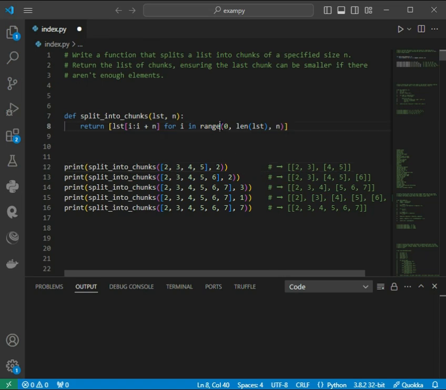So this range generates a sequence of numbers from 0 to the length of the list. For example, if n is equal to 2 and the list has 6 elements, this range will produce 0, 2, and 4, and these are the starting indices for each slice. If you run,